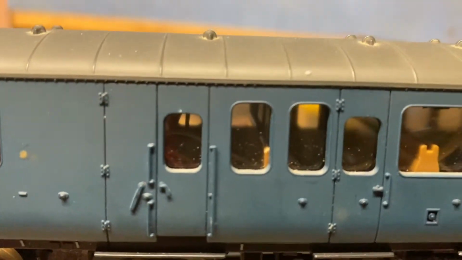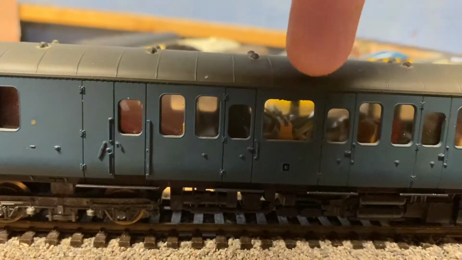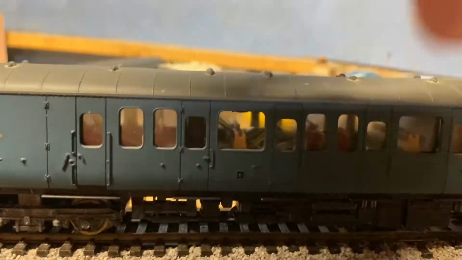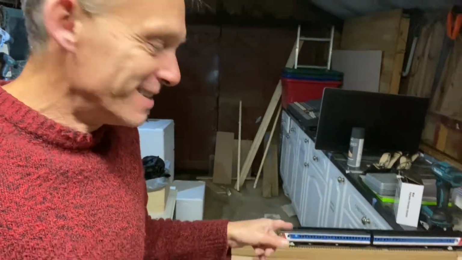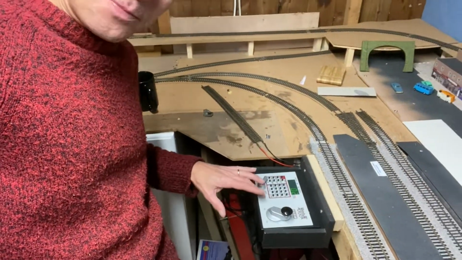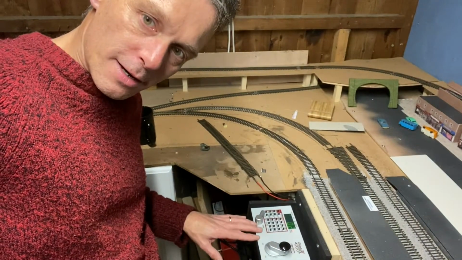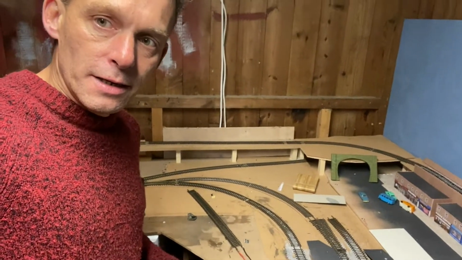I don't know if you can actually see in there, but you can see some wires inside because I haven't hidden it particularly well. Inside there is the little decoder chip. I've also fitted a decoder chip to that one as well, so that it now all runs off my new controller that Callie's dad very kindly gave me. So yes, we're now all running DCC, which means